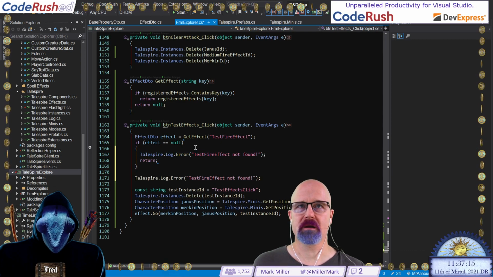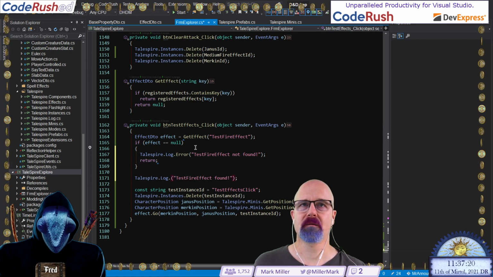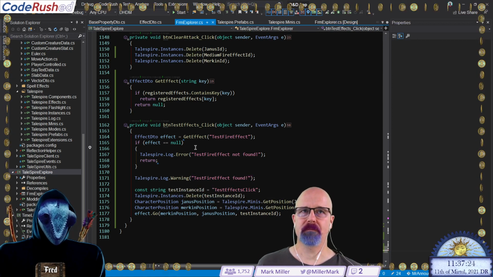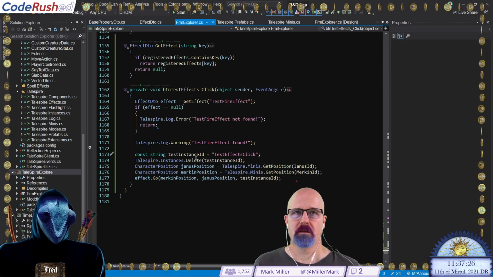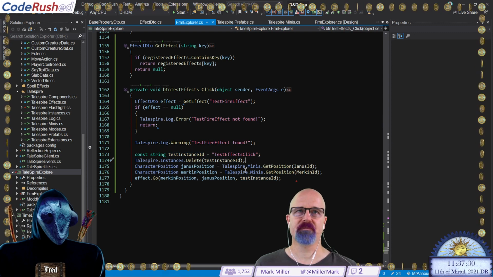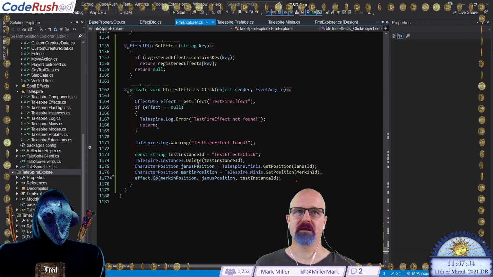And then if we're down here, we're going to say, hey, it's found, but not an error. I'm going to use a warning because I like how they stand out. We've got an instance ID just so we can delete those and clean everything up. We're going to get these two positions. We're passing them in, but we're not using them yet. Then we call go.